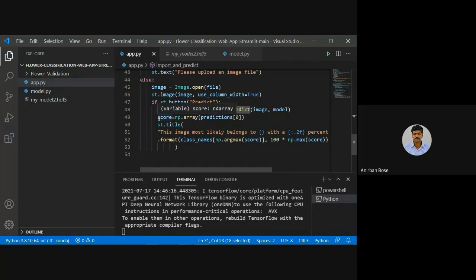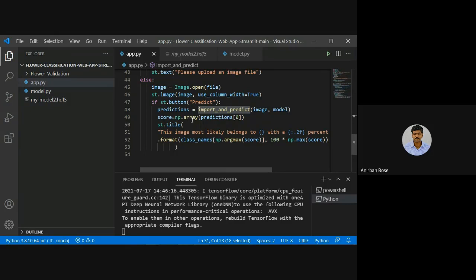That is basically the score, and this score gives you all the data, that means the probabilities of each of the classes.